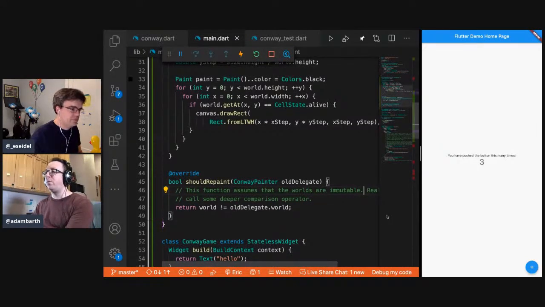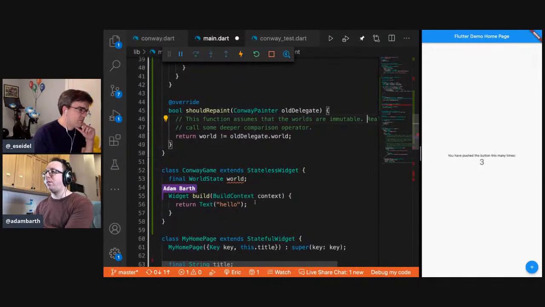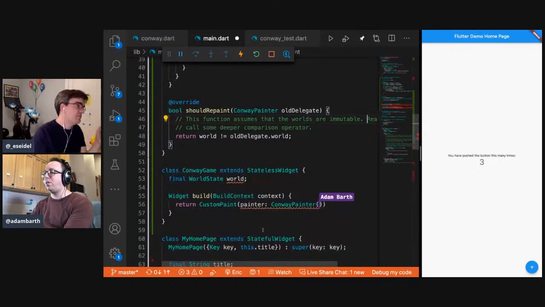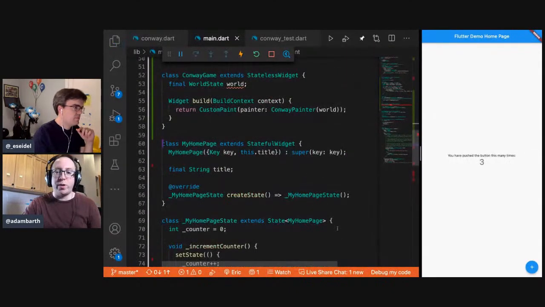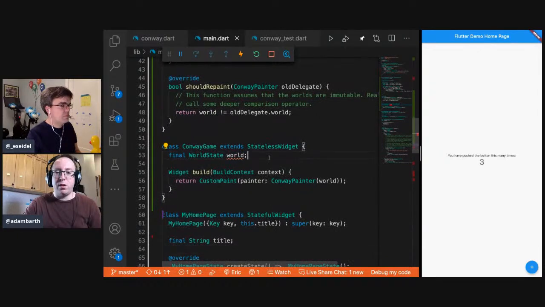Okay, and now we have to actually call into our painter from here. Make that a custom painter equals CustomPaint's the widget, and the custom painter we implemented, the Conway painter. Yep. Now, if you just use our fromString technology and jam it somewhere in the world.